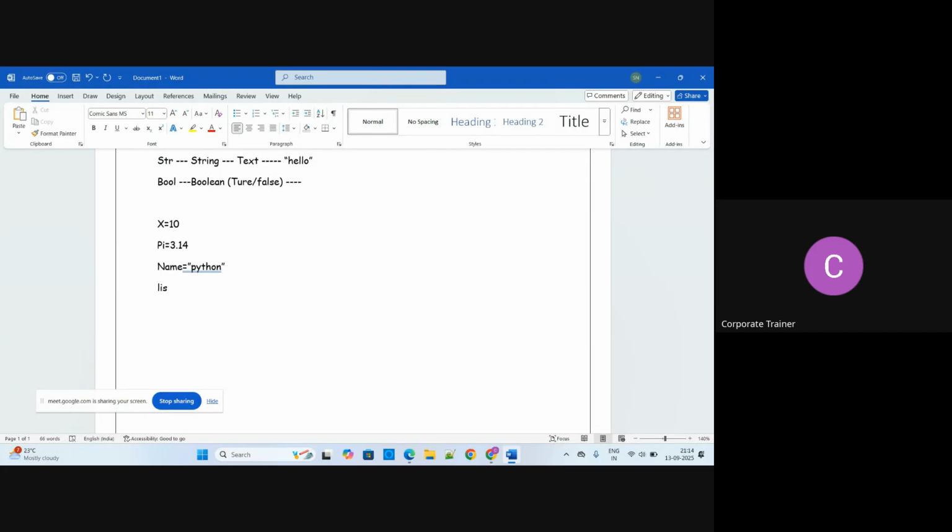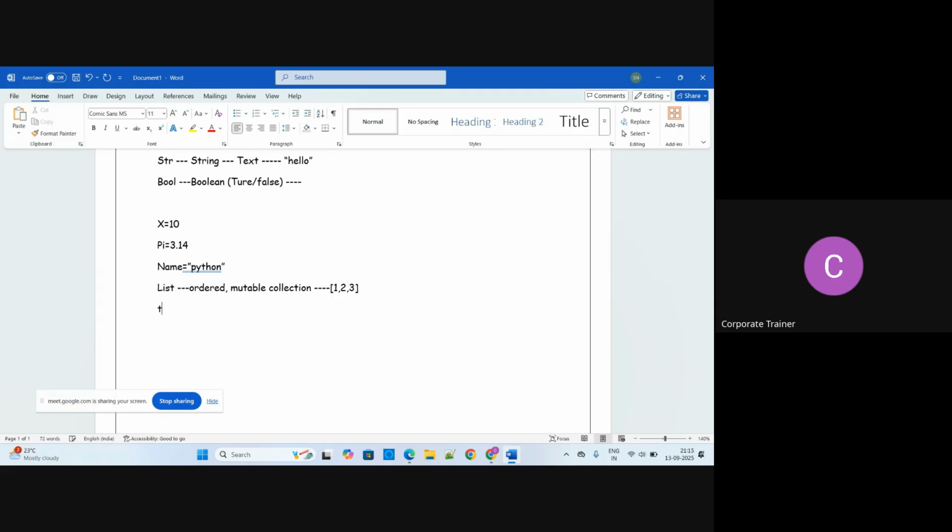List we are using whenever we have an ordered and mutable collection of data. So remember the two main things: ordered and mutable collection. For example, you can write 1, 2, and 3. That is actually a list.